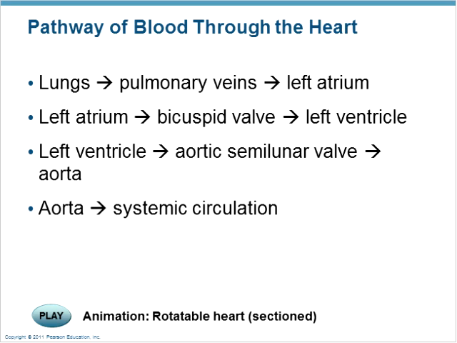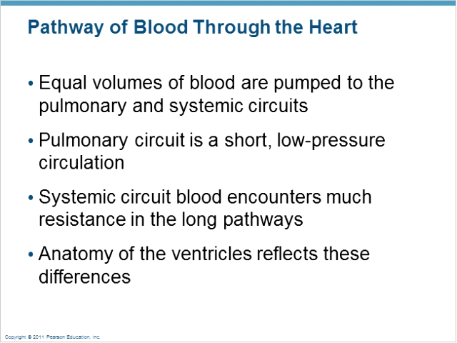From the lungs, the blood comes back through the pulmonary veins and it enters the left atrium. The left atrium, through a bicuspid valve we call the mitral valve, shoots blood into the left ventricle. The left ventricle then contracts, shoots blood through the aortic semilunar valve of the aorta. The aorta then carries the blood to the systemic circulation. The pathway of the blood through the heart: there are equal volumes of blood pumped to the pulmonary and